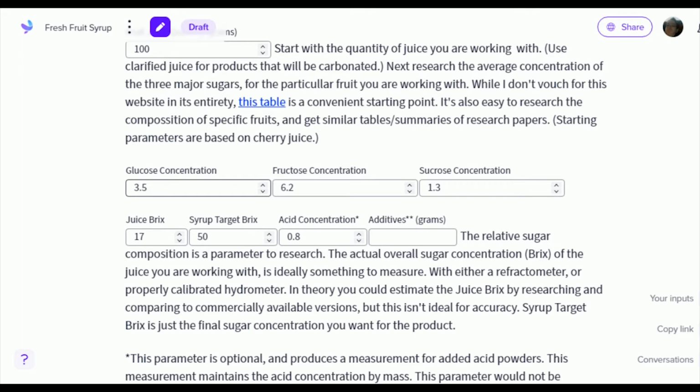And then what you ideally do is actually measure the overall composition, which this calculator then extrapolates using this ratio. So now we have the composition numbers of blueberry inputted, again manually, unfortunately, but then you